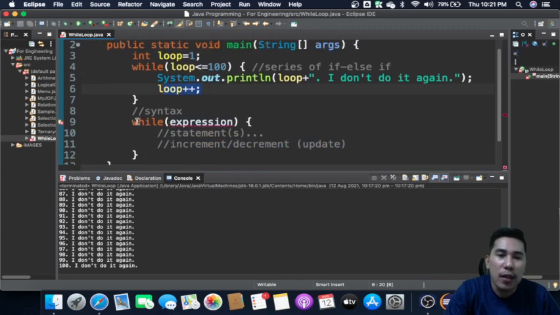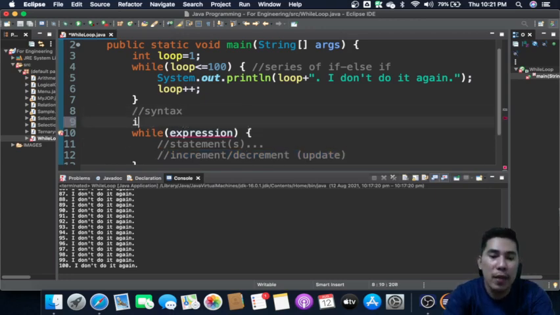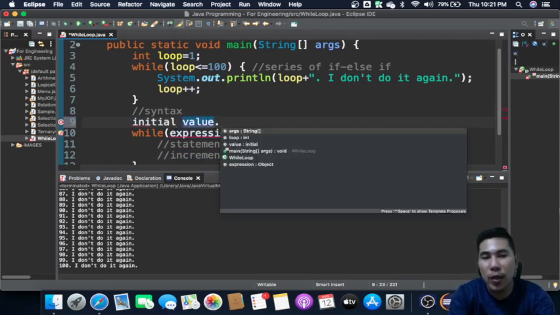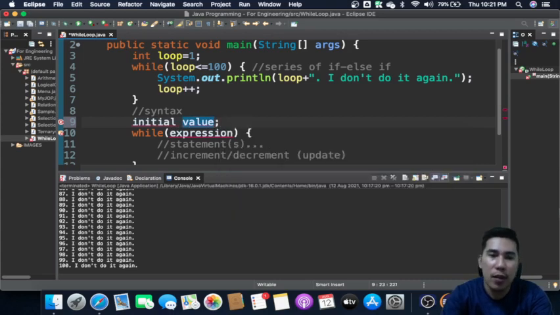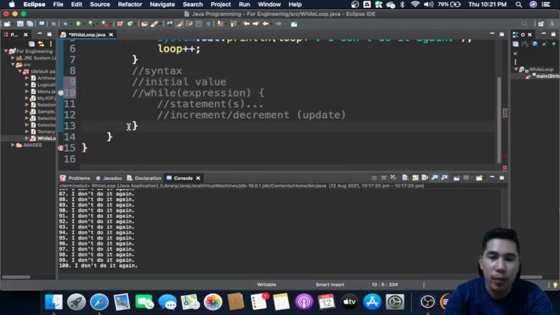So the expression, the statement, and then the increment or decrement. That's the basic syntax of a loop. But don't forget to have the initial value, because if you don't have an initial value, your loop doesn't have a basis. So again, that's the syntax for the while loop.